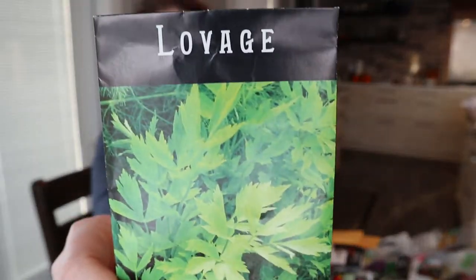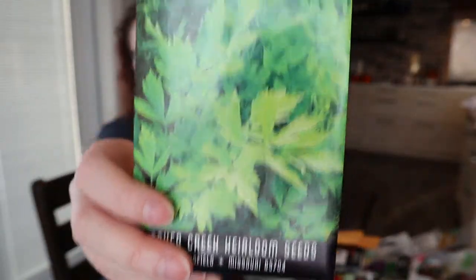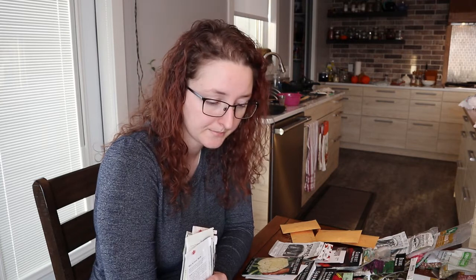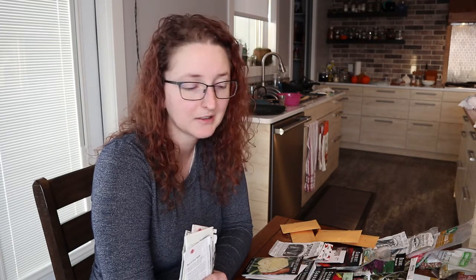Another thing that you should be growing is lovage. If you've never heard of this before, go look it up. It's like if celery and rhubarb had a baby. Lovage is the answer. Lovage is a perennial herb that has a very, very strong celery flavor. You want to use it at a lower quantity than you would celery, but it's excellent for adding that flavor in soups and stews and stuff like that. It dries really well,